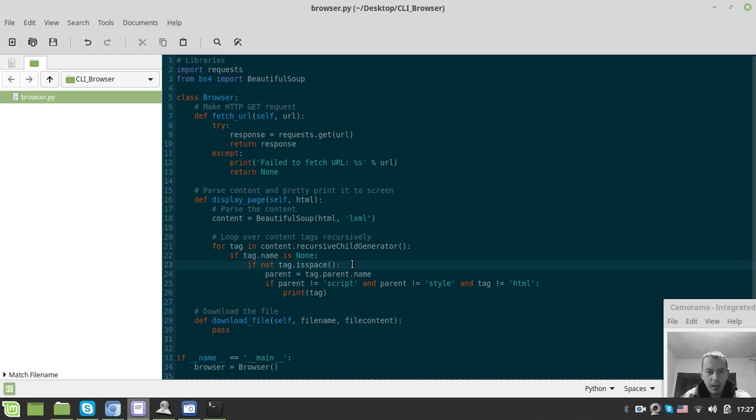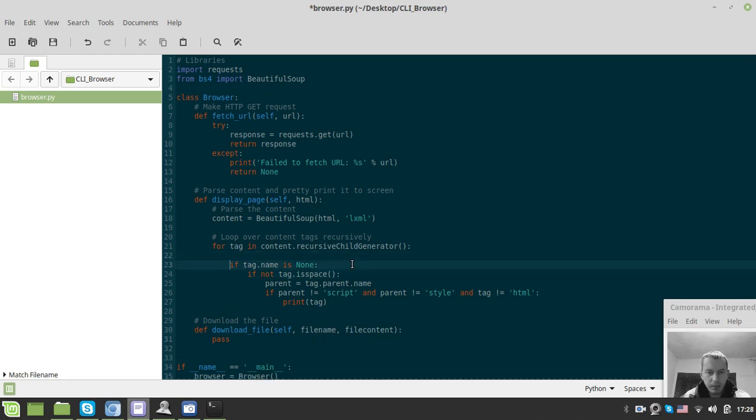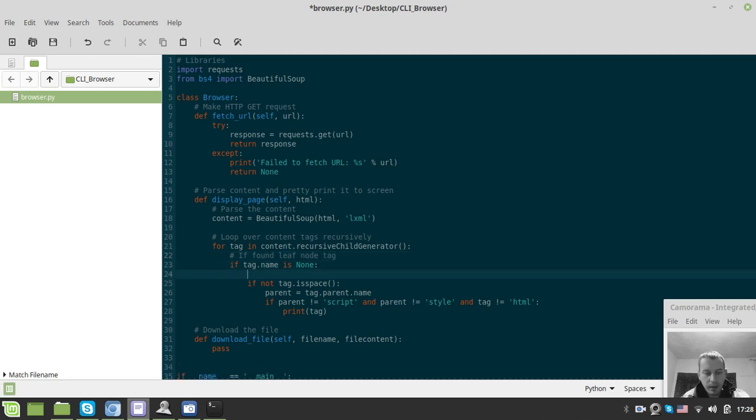Okay, so let's have some commentaries. So this if tag name is none means that we're going to find the tag that has no children, so it's the leaf node tag. So if found leaf node tag and it's not empty. Well, it doesn't matter, empty string or new line, let's just call it not empty. Then we want to